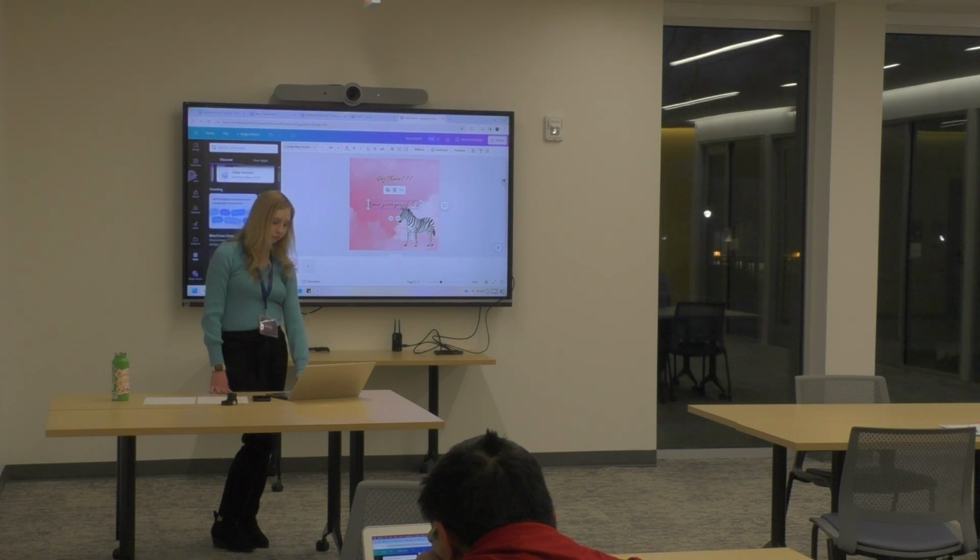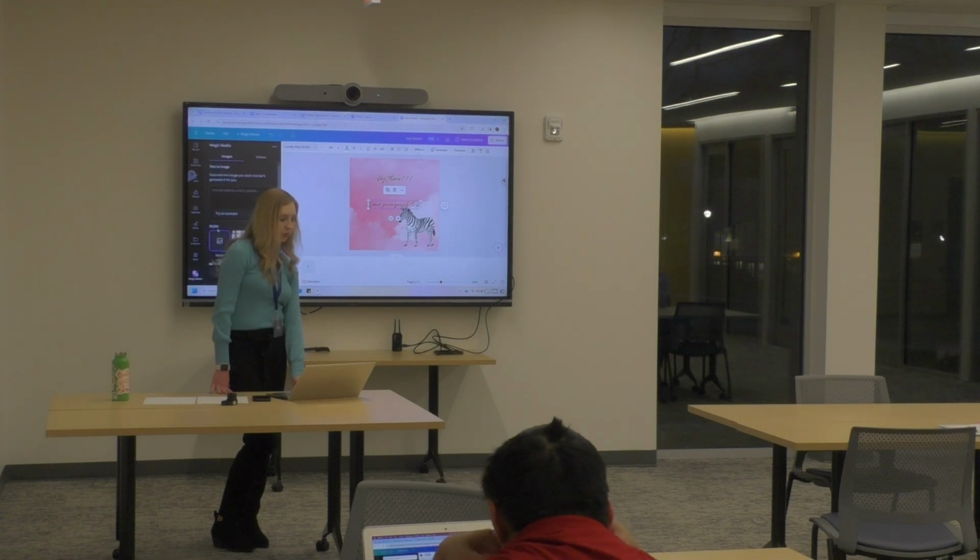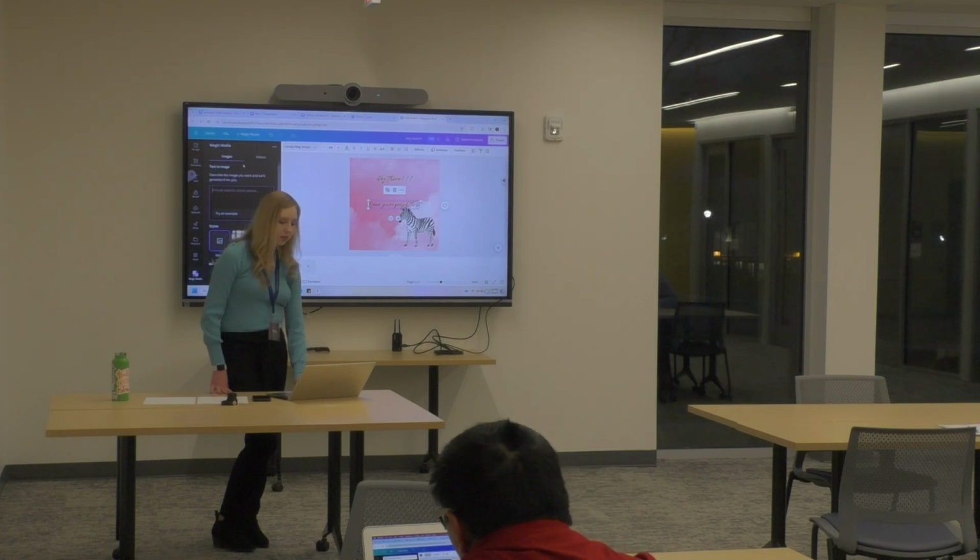So cool. Yeah, you can pretty much explore on here. Making QR codes, but my favorite thing is called Magic Media, which is only available on Canva Pro, which is cool. So if I were to say